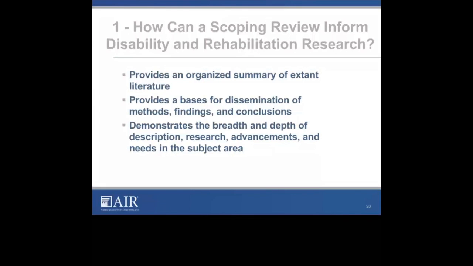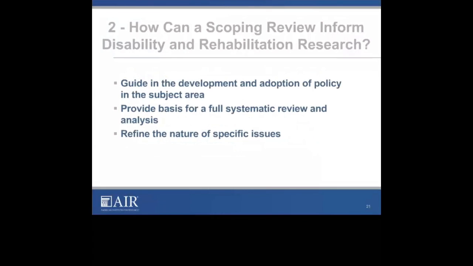Scoping reviews, by nature, are not designed to be deep. They're not taking a single, narrow topic and drilling down into the details of all that are found on a single subject. Scoping reviews are looking at the big picture. What do we know in general in reference to the subject matter as a whole, as opposed to a single question or issue?